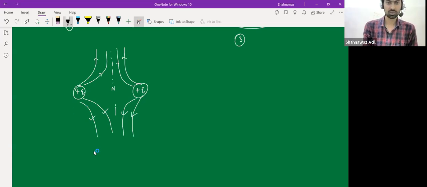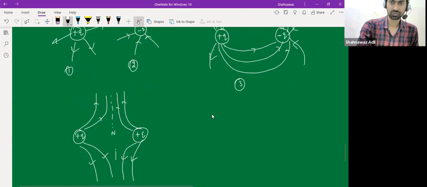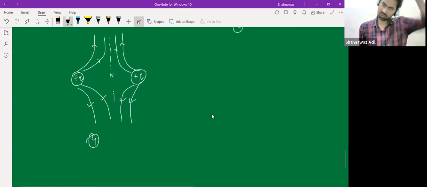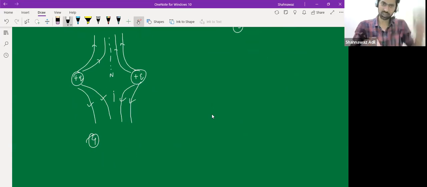Okay, so this is due to the plus and plus charges. And what about the dipole? For the dipole, we already drew. Okay, guys, understood this part? So this was all about the properties. So you guys just draw this part,